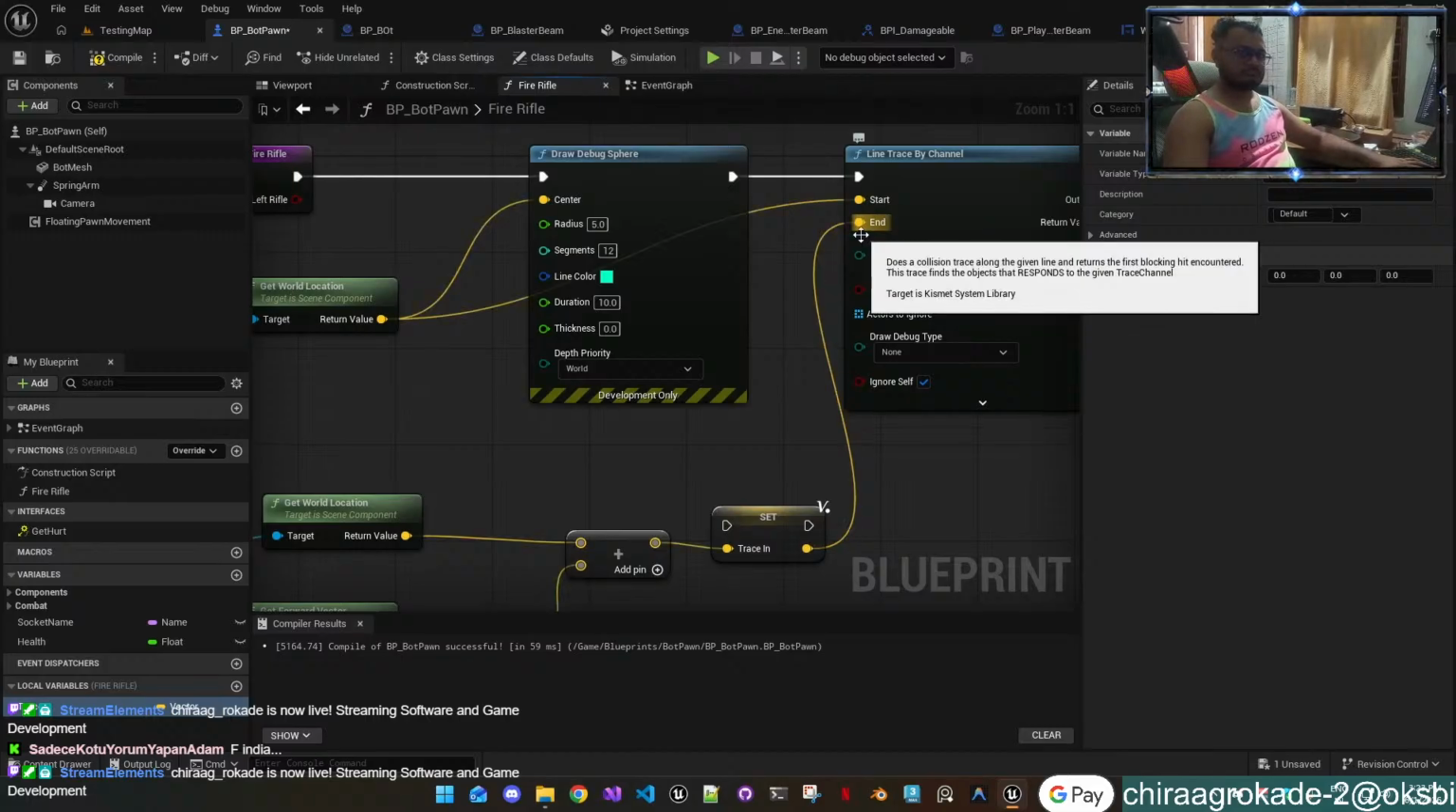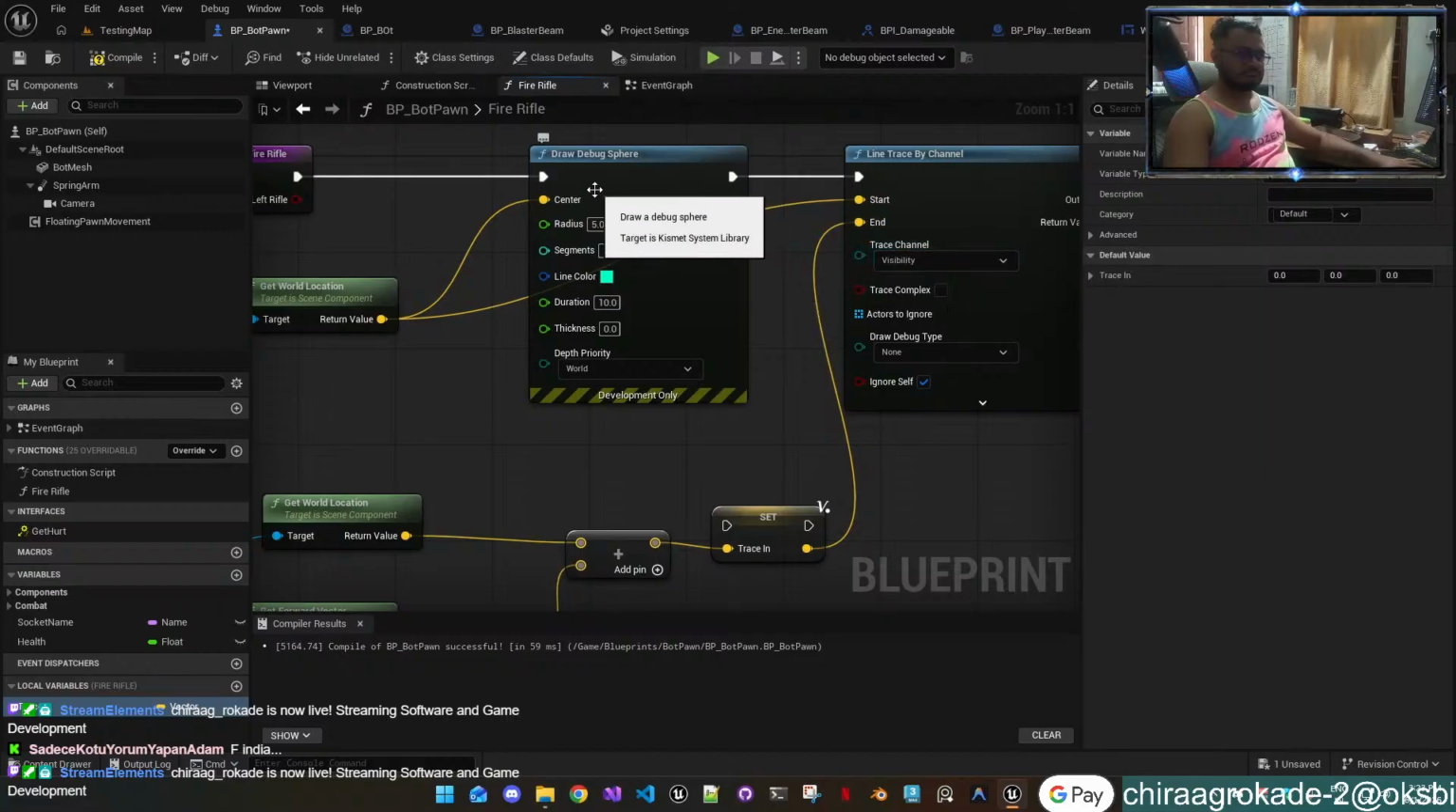Trace. Anything beyond that point is out of reach of our line trace. So we'll go ahead and hook that up. And I'd also like to draw a debug sphere at this location as well. So I'm going to copy my draw debug sphere node and hook up the trace end as